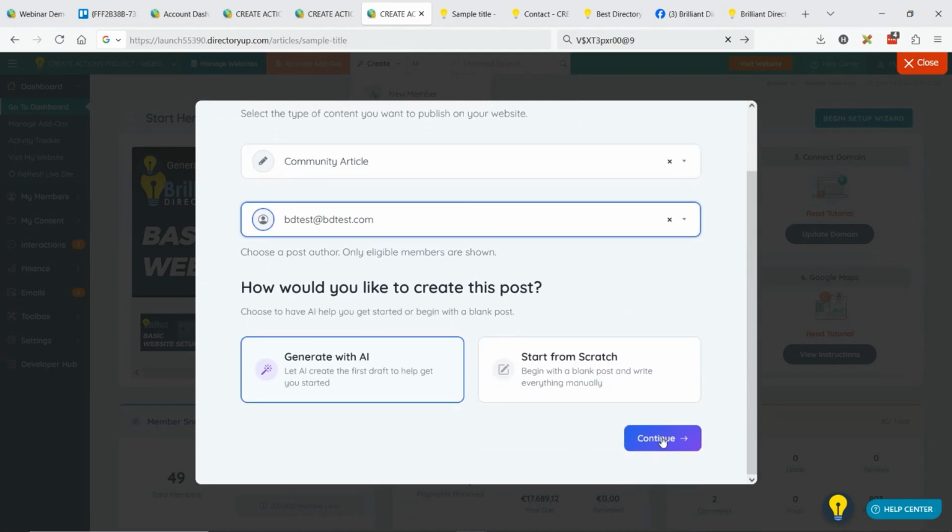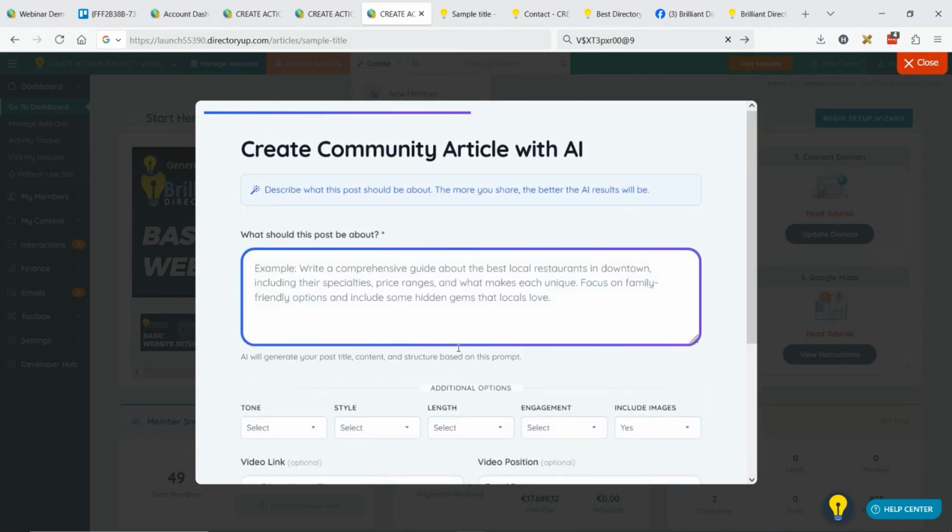So if we go to generate with AI, we'll have a prompt here, and we'll take the gentleman's suggestion. Let's be more specific. I run a doctor directory online. Excuse my spelling here, and I need an article explaining why doctors should be listed to be found in my directory. Include success stories,